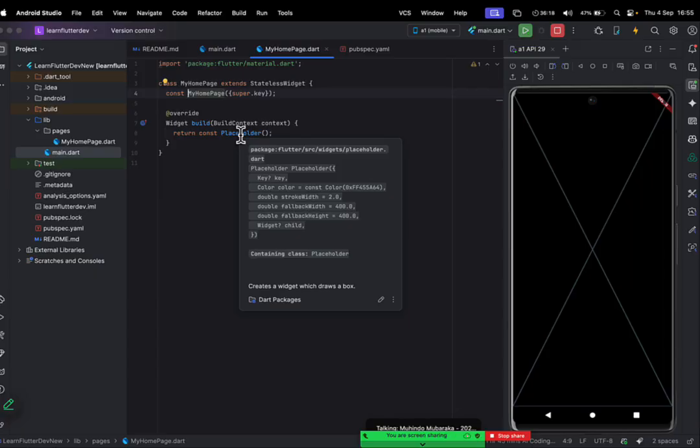And that's where the beauty of Flutter comes in, right? The beauty of Flutter comes by providing you widgets that simplify your life when programming. Now they have this one widget called